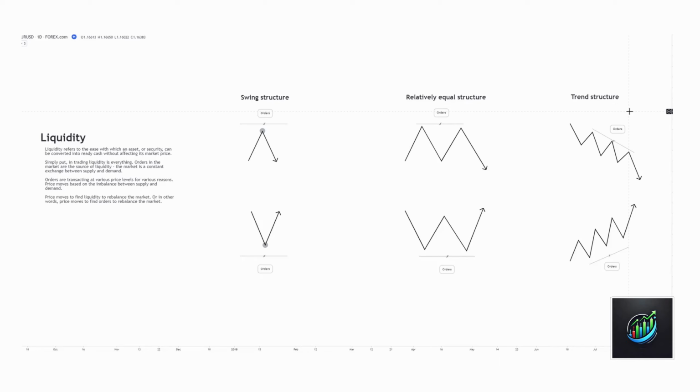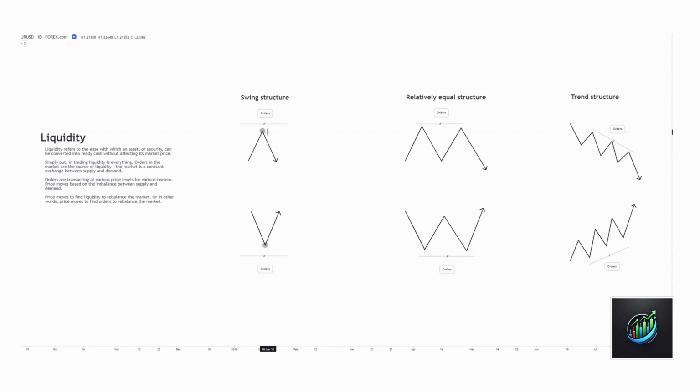So with all of that said, there's a couple different aspects of liquidity. It goes much deeper, but these are more so the basic components of liquidity that we'll be focusing a lot of our attention on as we navigate the charts and as we continue to move forward. If we're looking at very basic swing structure, or any sort of market structure that's being printed in the markets, what we see is once that market structure has been created, whether it's a swing low or a swing high, more than likely there are going to be orders that rest just above the high or just below the low. And those orders exist for a multitude of different reasons.